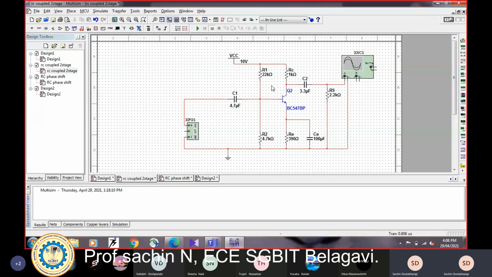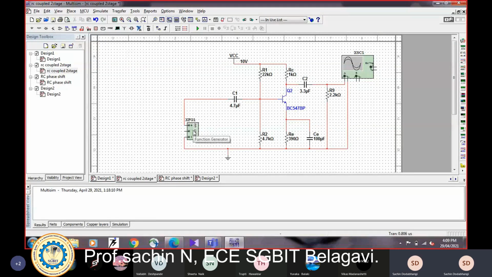Multisim has got more libraries. You can see here function generator is available, and this oscilloscope is available. At the rightmost, if you're using mobile, just go through the cursor. Multimeter is here, function generator is here, wattmeter is here, oscilloscope. So all are present here. A 4-channel oscilloscope is present, Bode plot, frequency counter is here. So at this rightmost, there are many components. You can directly add it here.